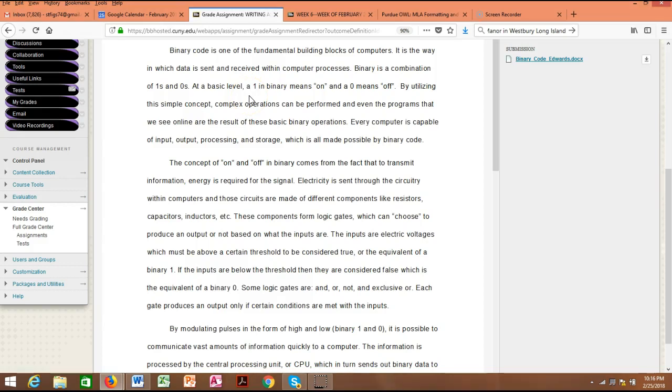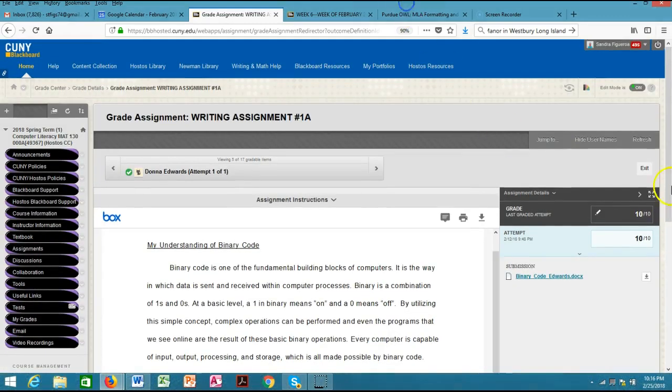You did that in the past, in English 110, in English 93, English ESL, whatever it was that you took before English 110. And now some of you are in English 111 and some of you have taken English 111. Notice that you don't write, "In this paper I will discuss," or "I will do this, that, the other thing." The student goes directly into what the paper is going to be about. And everybody knows that it's going to be about the binary code and the importance of binary code in the computer.